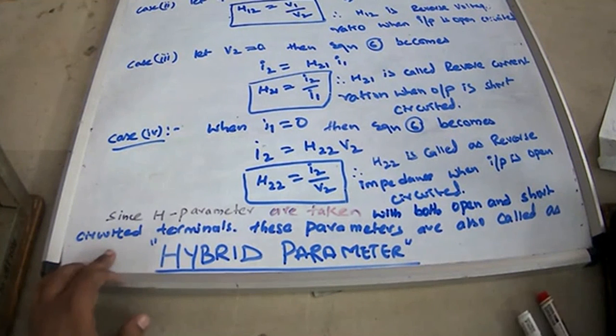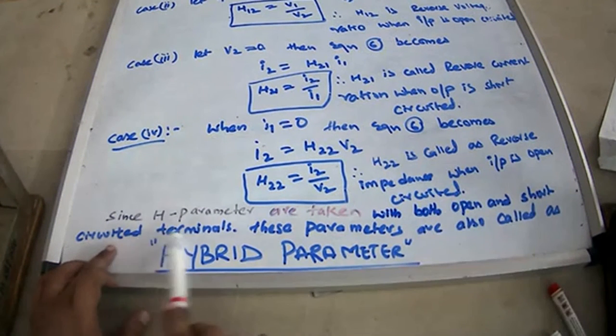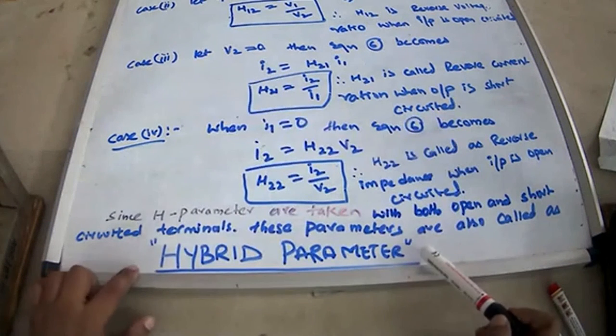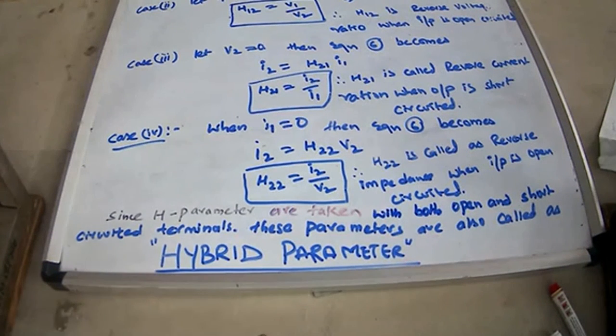So what we are saying, since we are having both open and short circuited terminals, because of this reason the parameter we discussed is known as hybrid parameter. So now we can say that H parameter is also known as hybrid parameter. So just recollect it, Z parameter known as open circuited,